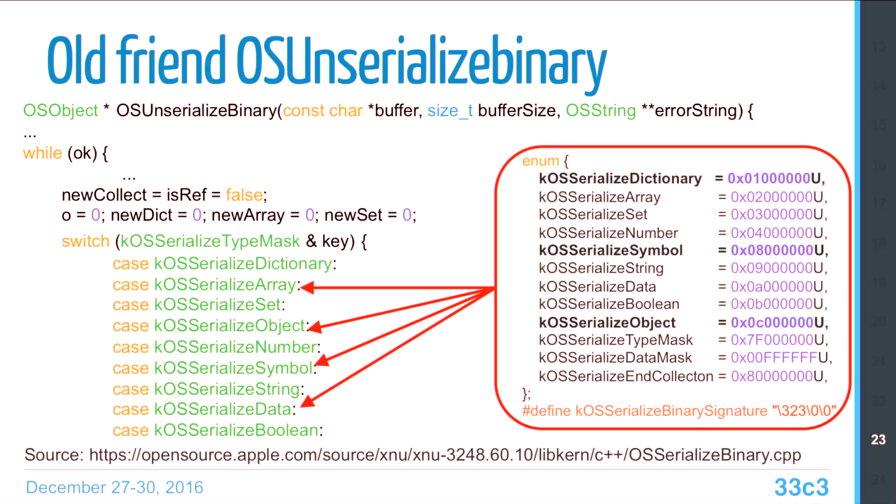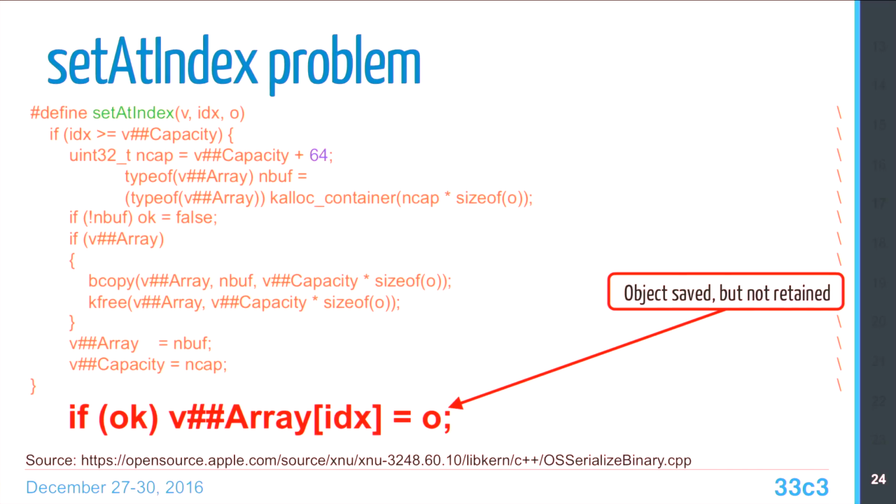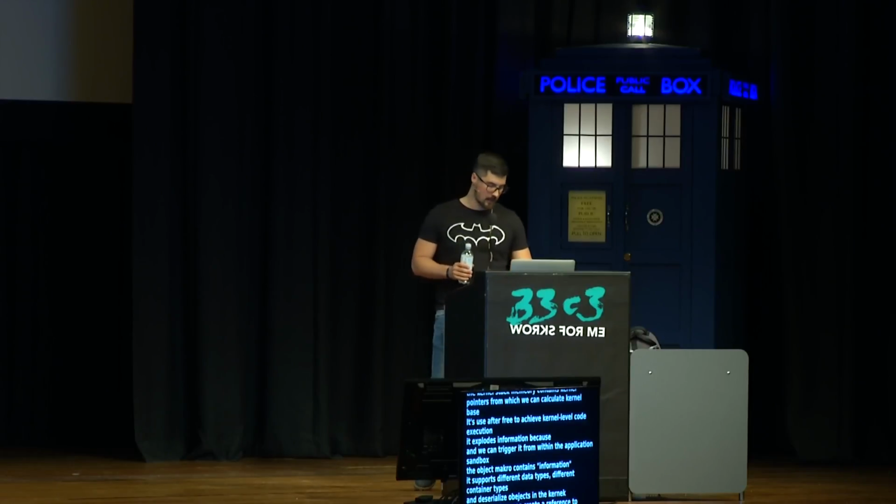It means that we can create a reference to another object. It will be really useful later, because in the course of deserializing and parsing objects, OSUnserializeBinary saves the object pointer to a special objects array, using setIndex for it. And as we see, setIndex just saves the object pointer to the array with some index, not retaining it. That's bad,